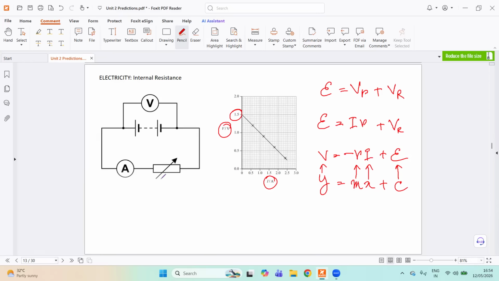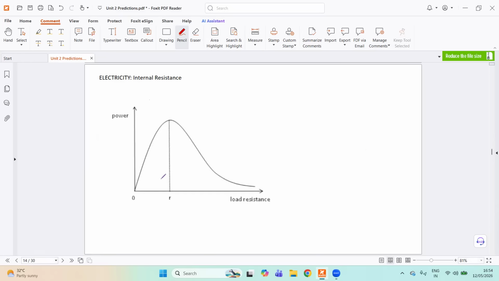So this is very common. What's not so common is this, everyone. The power dissipation. How does it vary with load resistance? Initially it increases, reaches a peak, and then decreases. So always remember, this used to be a common concept, but it's been years. This question has not appeared in the examinations. So I just thought of reintroducing this. Always remember, the power dissipation in any circuit is maximum when the load resistance is equal to the internal resistance.